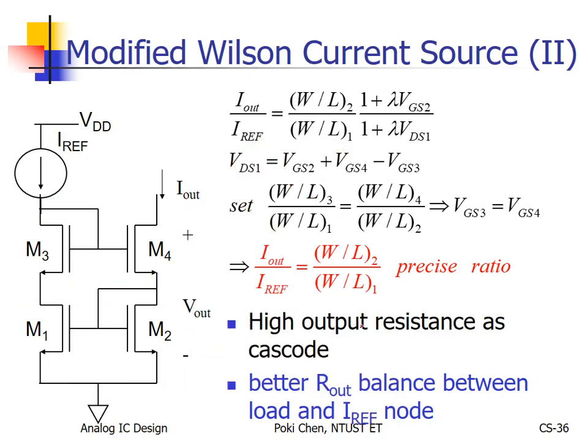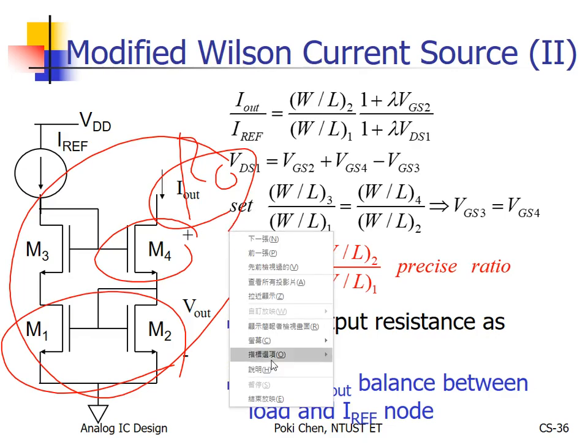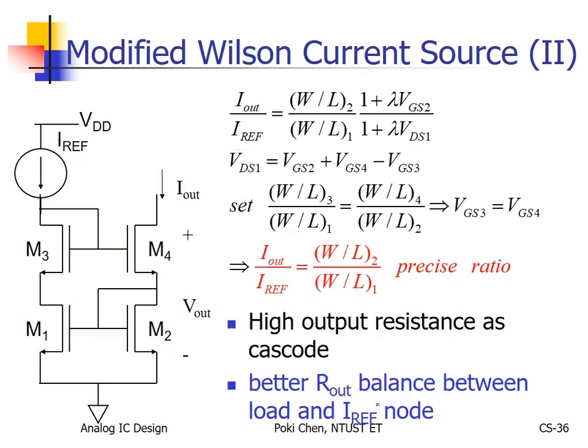what is the problem here? It looks very good, right? We balance the condition for M1 and M2 so that the current ratio can be accurate enough. And again, we have cascoding to make the output resistance much higher than before, right? What you can expect, even more. Anyway, there's some problem. The output swing or the headroom,